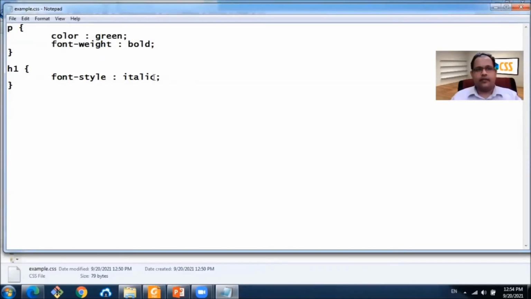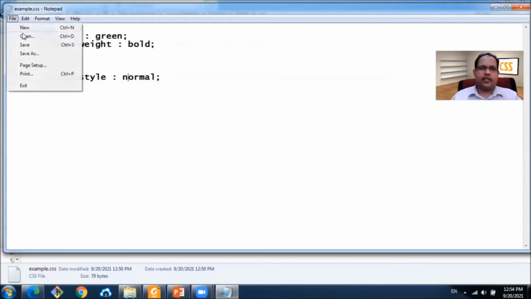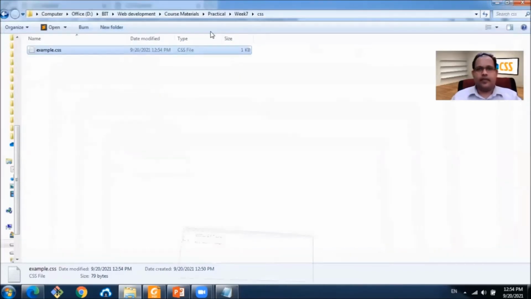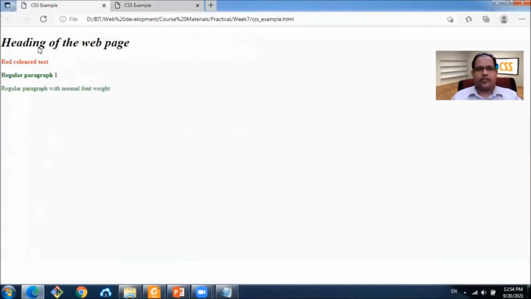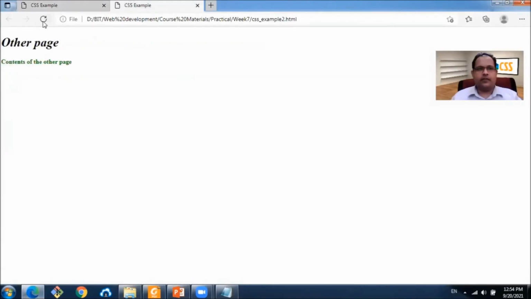Okay. We can even delete this style, or we can specify the style that we want. Now, if we go to this first file, now it's regular, and here also it's regular.